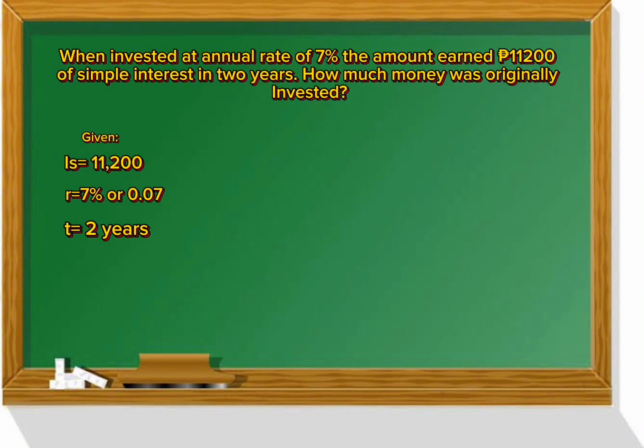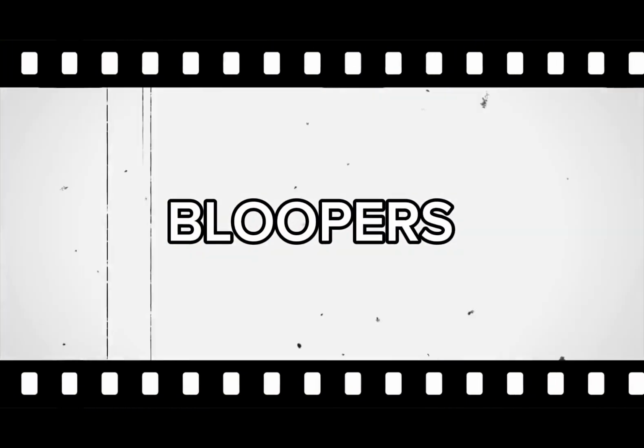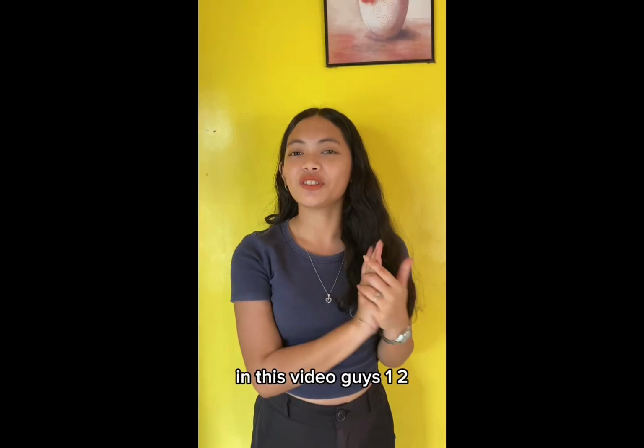To find the principal, we will use this formula: P is equal to simple interest over RT, which is 11,200 over 0.07 times 2, and the final answer is 80,000. In this video lesson,